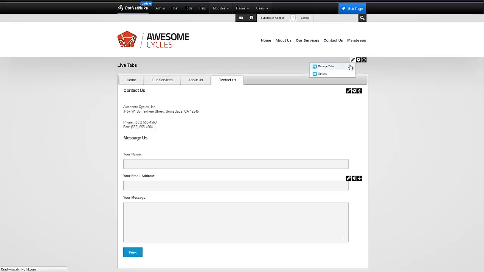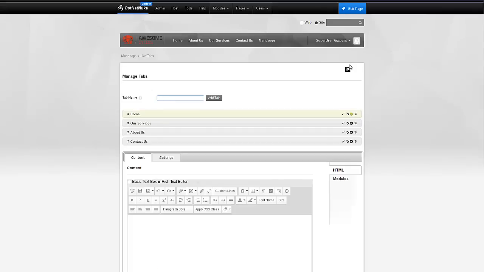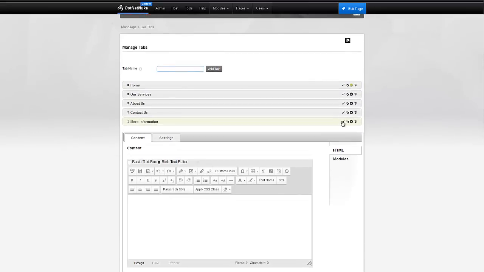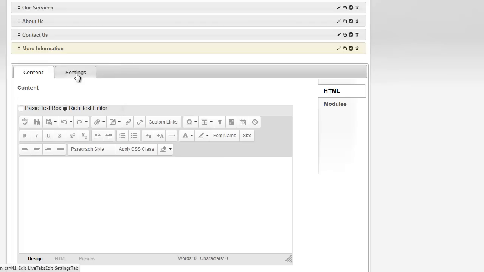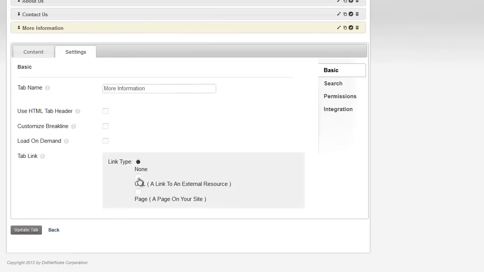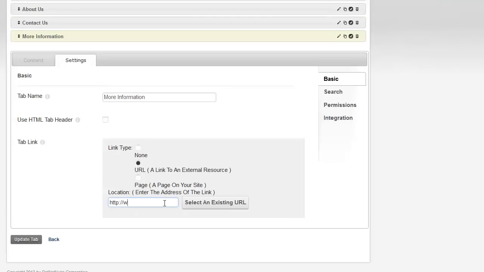Alright, let's jump back over to Manage Tabs and see what other properties we have besides HTML and modules and so forth. Another feature in Live Tabs is that you can link a tab to a URL. I just added another tab called More Information. I can go to its settings and say I want to make this tab a link, and have it go to DotNetNuke.com for any more information. We'll go ahead and